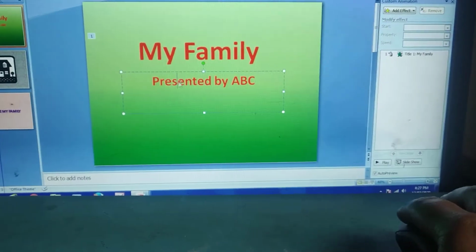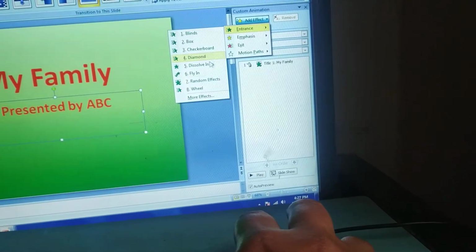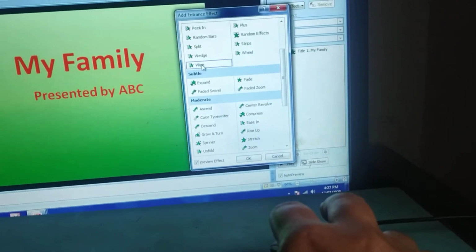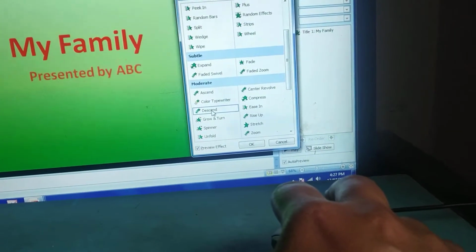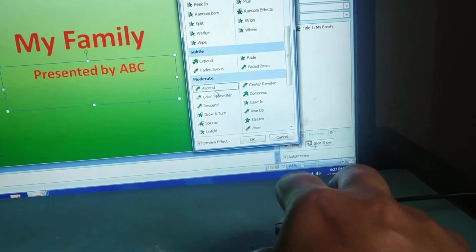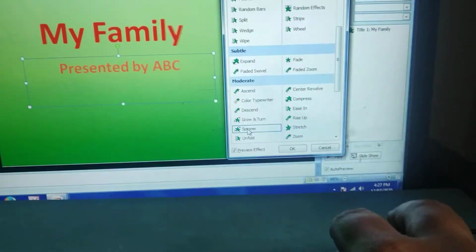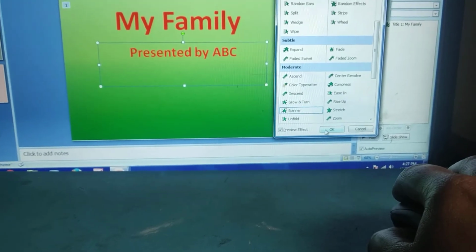Then again second text I will select and again add effect, entrance, see more effects, wipe it is like this, ascend, descend. See whichever you like, spinner, see it is like this. Okay, we will take this and click on OK.